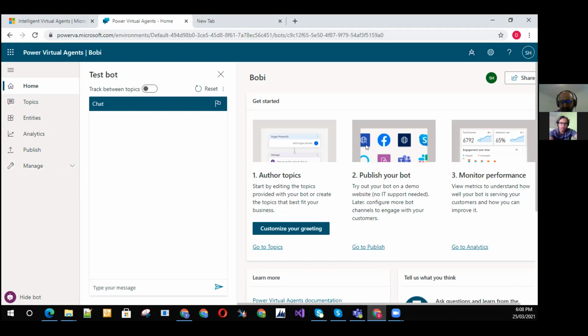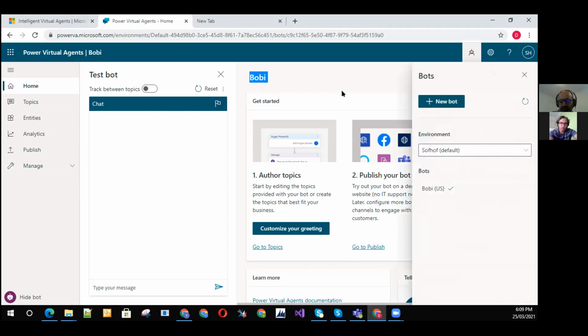And what we are seeing currently is a bot which is out of box available. I have created this trial environment just a couple of hours back, and when we are creating that time, environment asks us what bot we want to create. For example, I gave this name Bobby, and if we want to create a new bot, going from this button, clicking new bot, we can create a new bot, and we will only need to tell